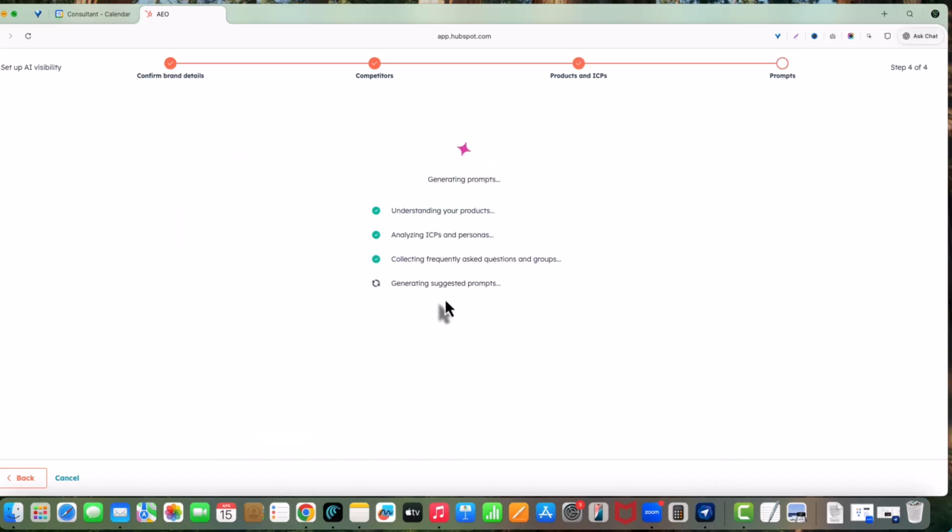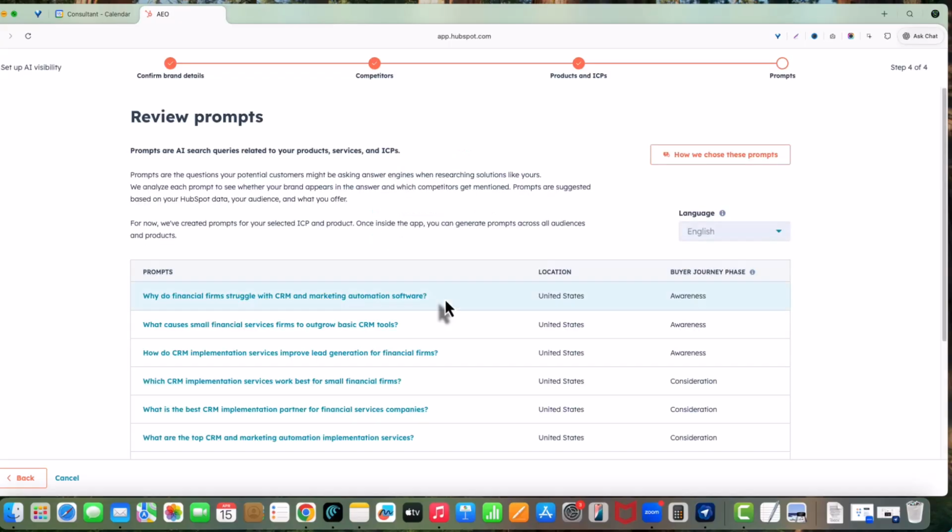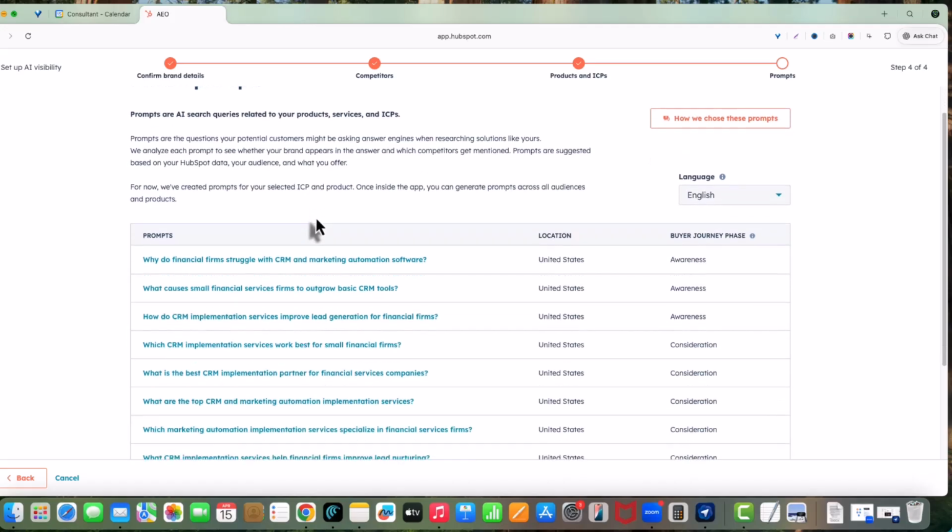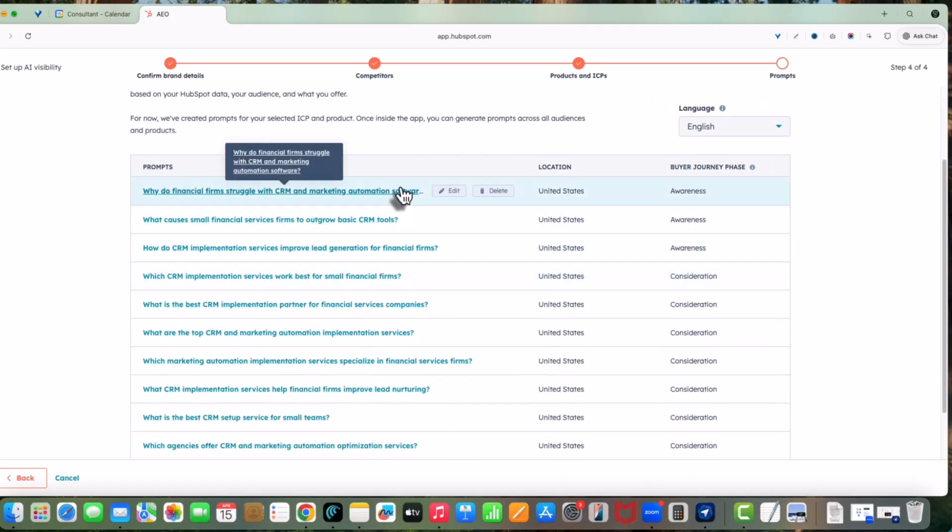And so great. It is understanding the products, generating the prompts, analyzing the ICPs, and so on and so forth. And here are a few. So you can actually see these prompts are AI search queries related to our product, services, and ICPs. And these are questions that our potential customers might be asking answer engines while researching solutions like mine or like yours in this particular case, right? So what does that mean and how is that helpful? Basically, the AEO tool in HubSpot just gave me prompts, according to questions that my ICP might be asking